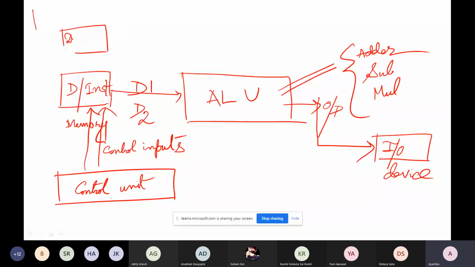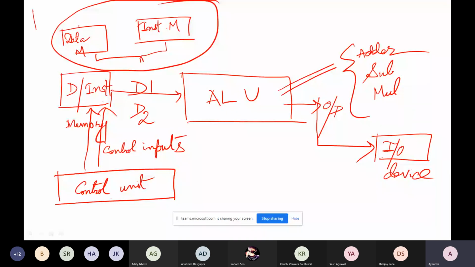When these are separate, together they form your memory part. Based on whether your data memory and instruction memory are fused or separate, we term them in terms of some architecture. One is called Harvard architecture, one is called von Neumann architecture. So this basic idea you will get from that